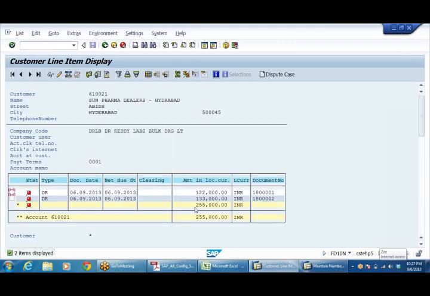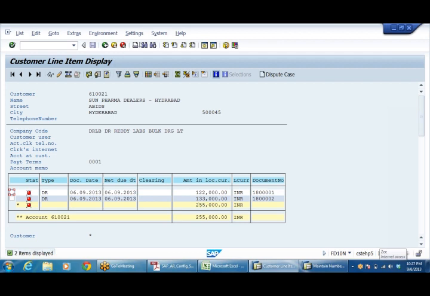Here you can see certain things. It is showing red. Red means open item, which means we have raised an invoice but have not yet received the payment from the customer. Document date and due date are both the same because we have not given a payment term. Payment term is immediate, 122, this one 133.